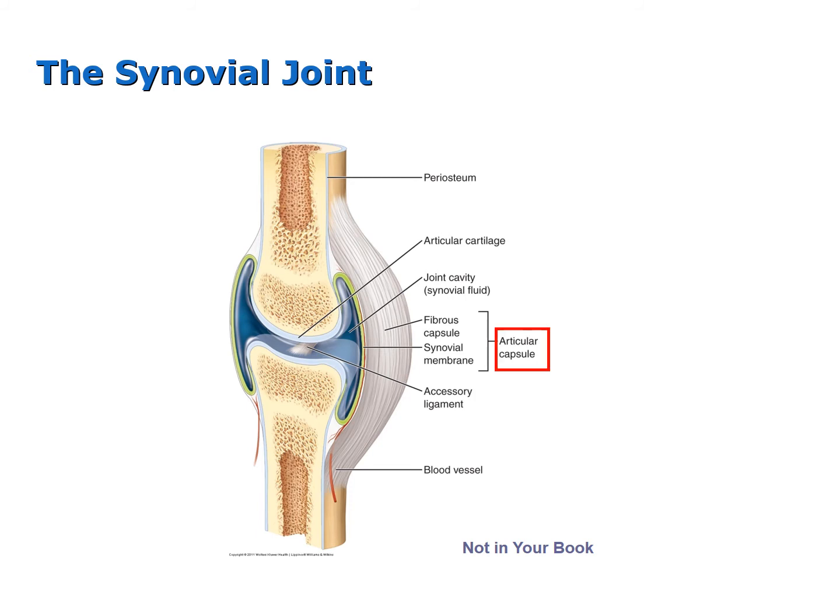So here we have the articular capsule. The articular capsule is composed of a fibrous capsule which helps surround the joint and also connects the bones of the joint to one another, reinforcing the joint. The inner lining of the articular capsule is the synovial membrane. The synovial membrane produces synovial fluid, which helps